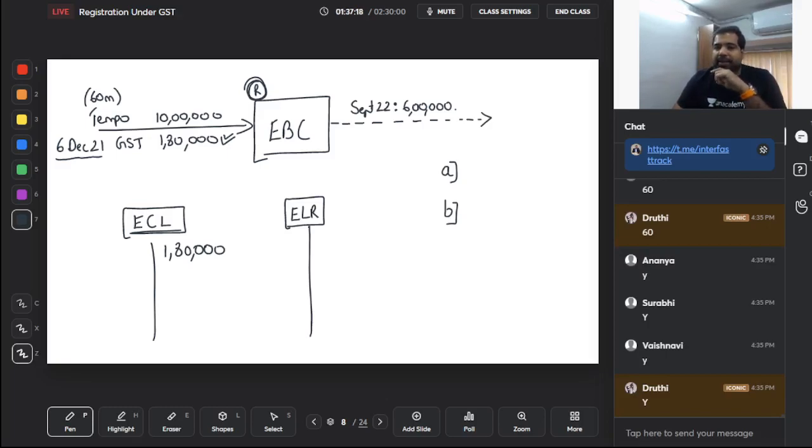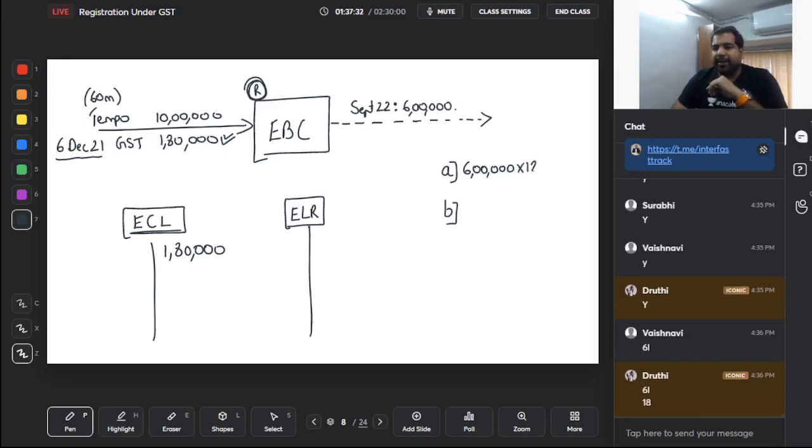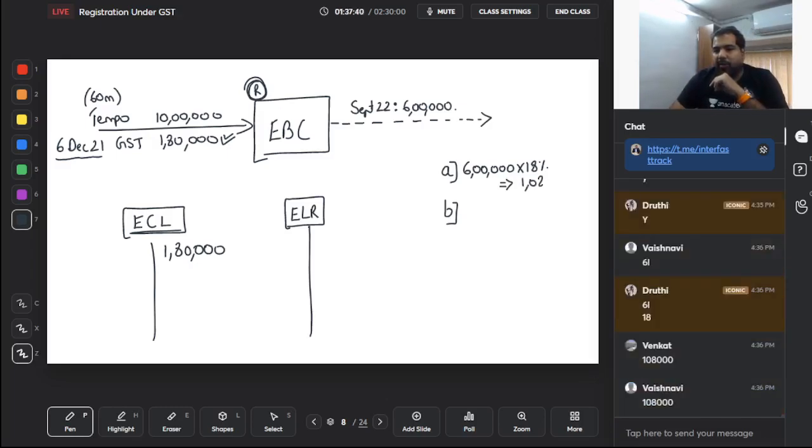How much are you selling this tempo for? 6 lakh. On that, guys, what is the GST rate? How do I know the GST rate? Because the same rate when you purchase, the same rate when you sell. So what is the rate, guys? 18%. 6 lakh into 18% is 1,08,000. Either this or,